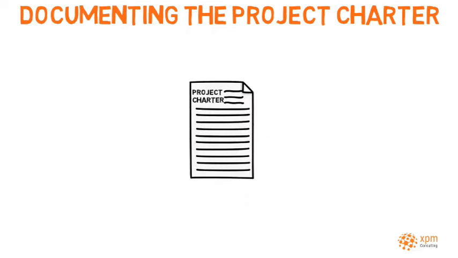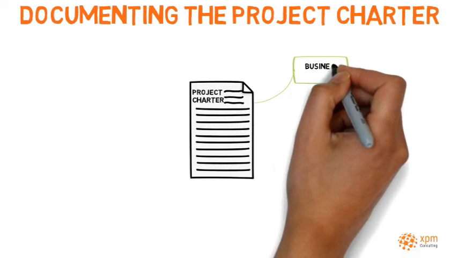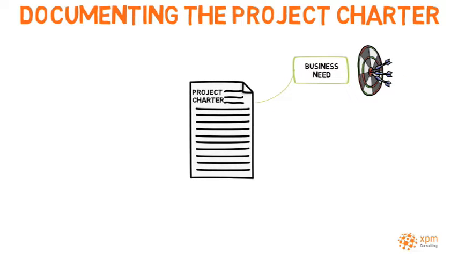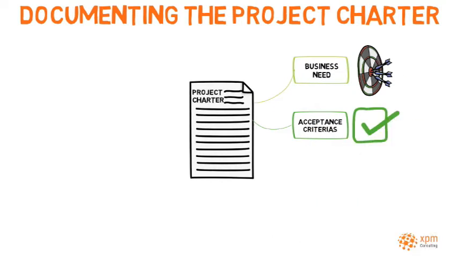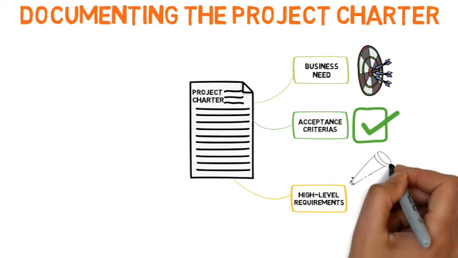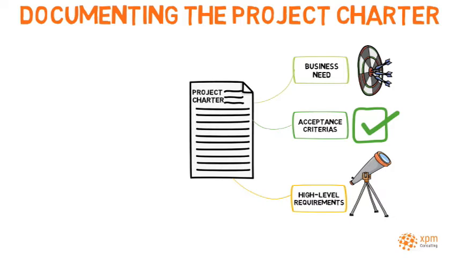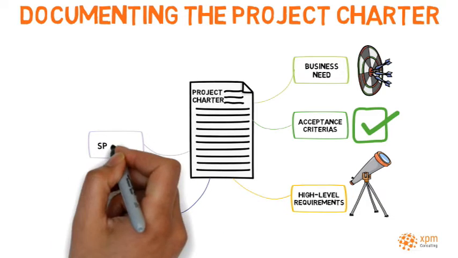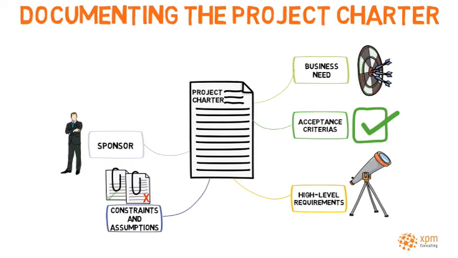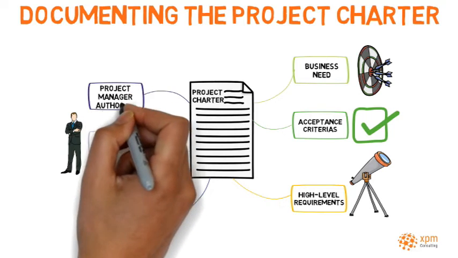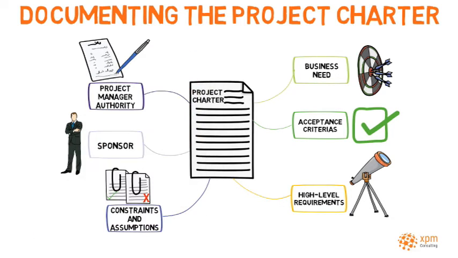A typical project charter may include business need that justifies the project, measurable success criteria, high-level project description and boundaries, high-level scope requirements, high-level schedule and budget, high-level risks, constraints and assumptions, name and authority of the sponsor, or sponsors, authorizing the project, project manager and his or her level of authority, and finally, how, and by whom, the project is formally closed.